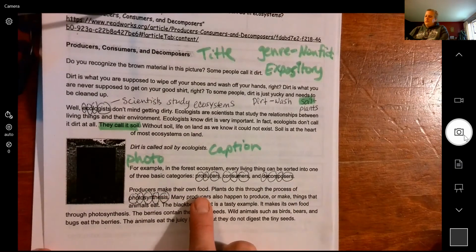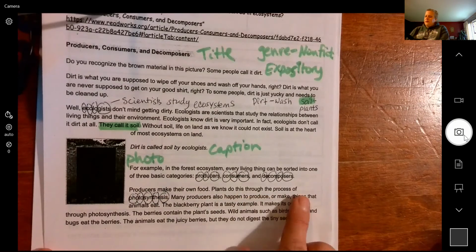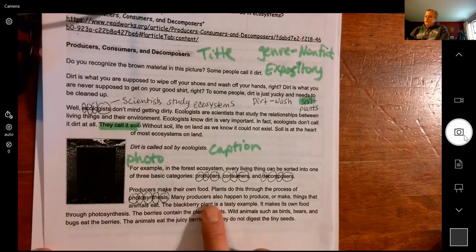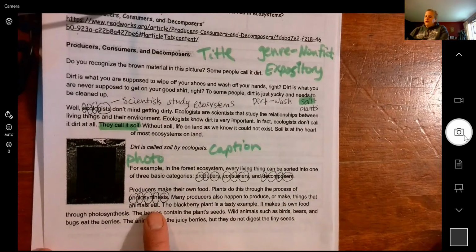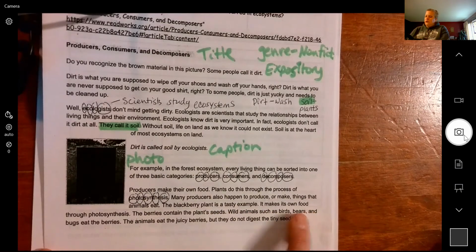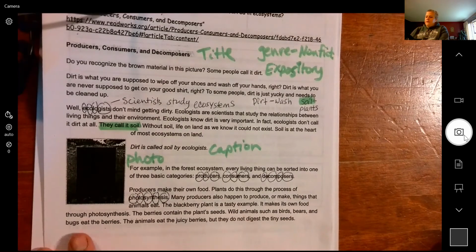Producers make their own. Plants do this through the process of. Many producers also happen to produce or make things that animals. The blackberry plant is a tasty, it makes its own through. The berries contain the plant's seeds. Wild animals such as birds, bears, and bugs eat the animals eat the juicy berries, but they do not digest the tiny